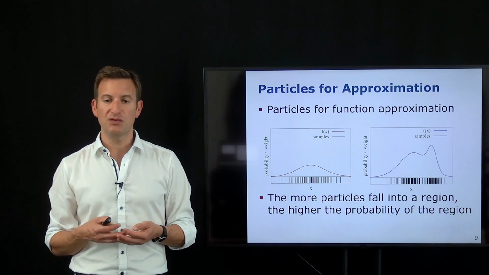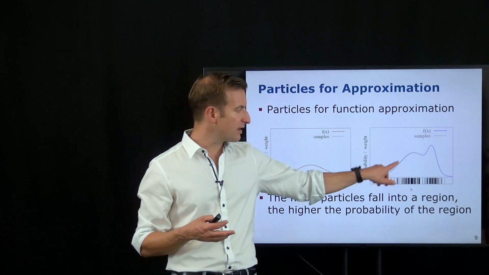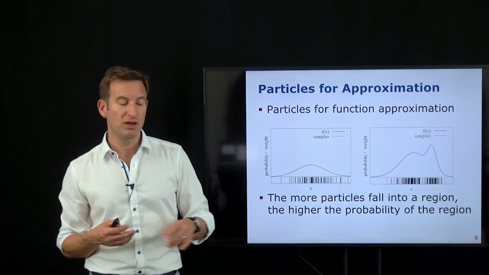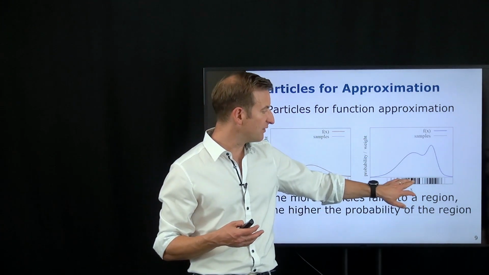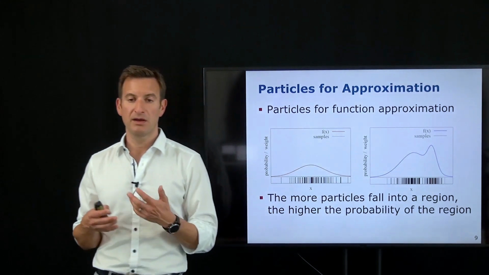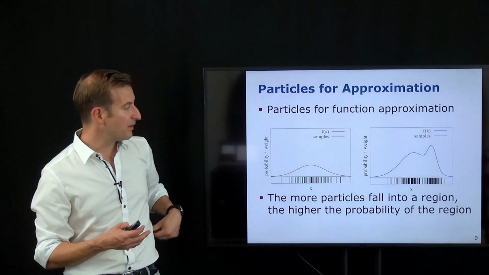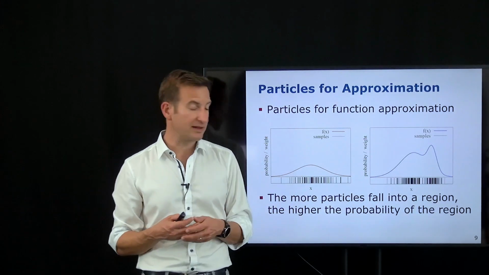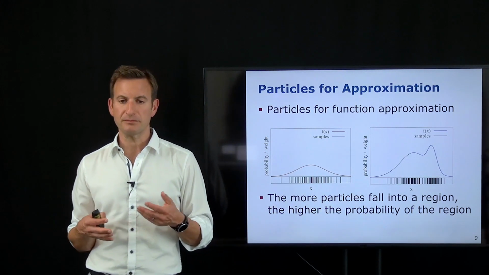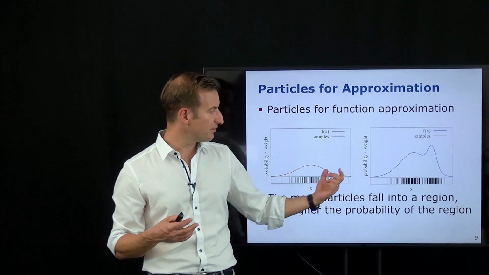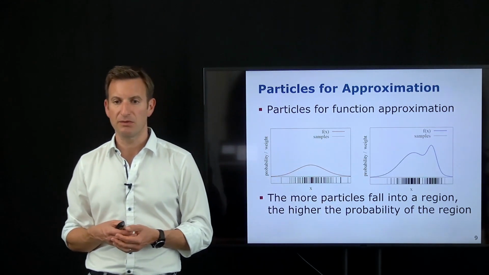But we can also use this for functions which are non-Gaussian. This example over here is clearly not a Gaussian distribution. We have higher density values here and over there to represent the fact that it's more likely to be in a state around that area and less likely to be outside. So this is a sample-based representation of this function for the red and the blue function.